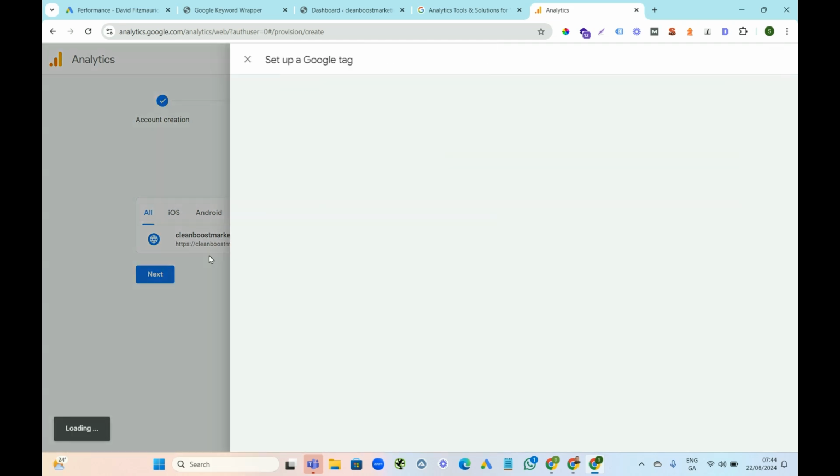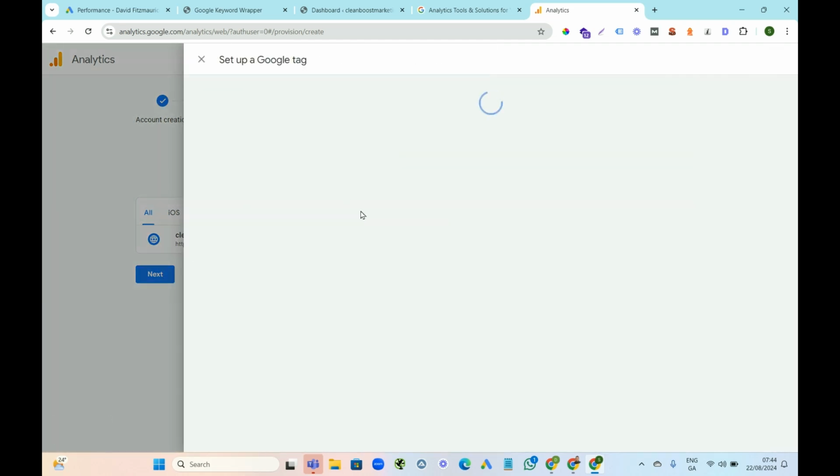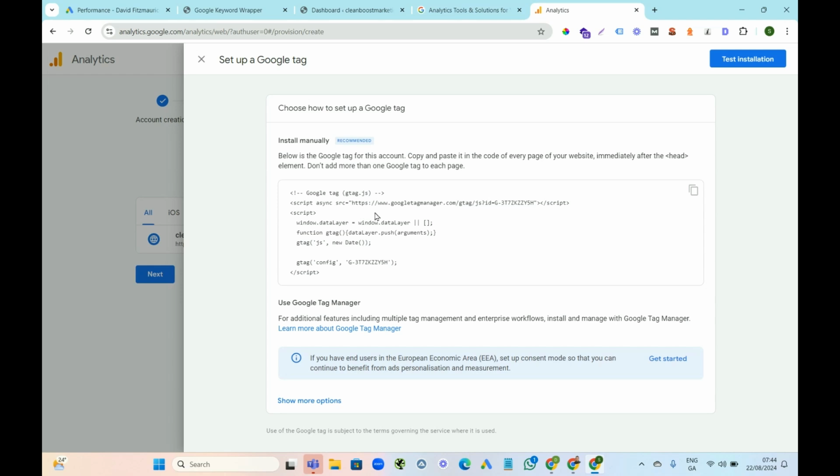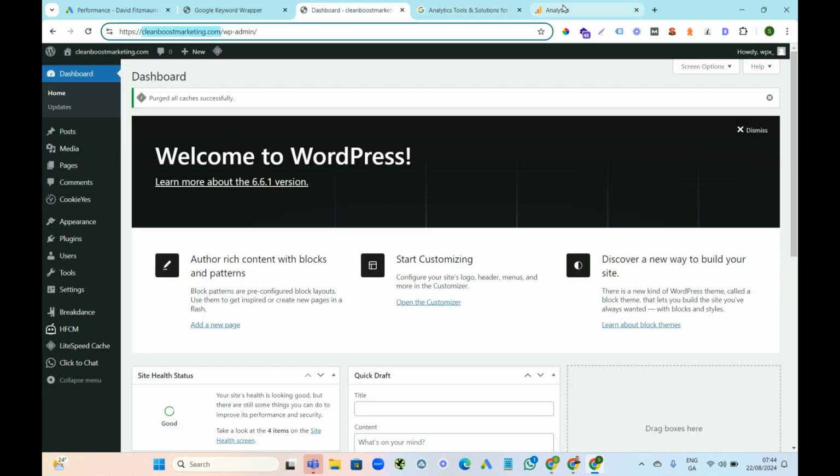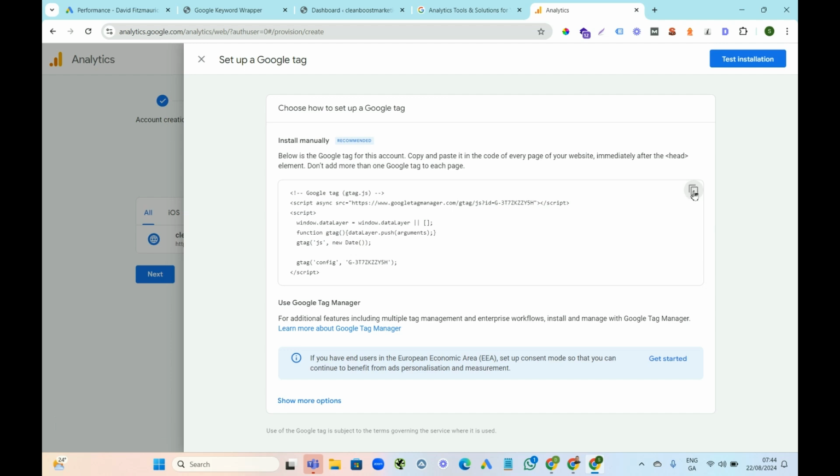Now all that's done, so the next step is setting up the tag. This pops up automatically. So what you need to do is add this tag to your website, and I can show you ways to do it with WordPress plugins. So we go back to our website. I've copied this right here, so you just press this button up here to copy all this,